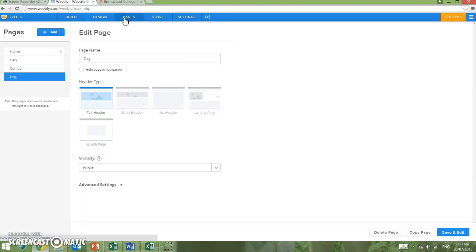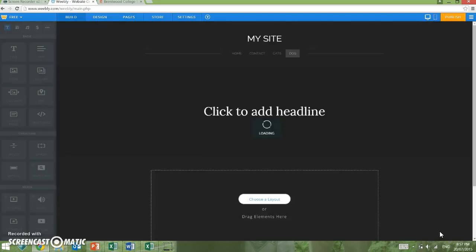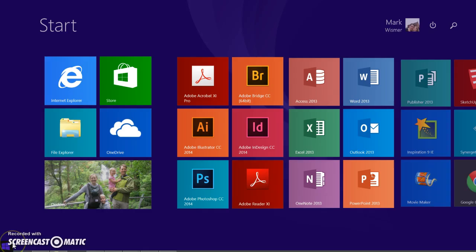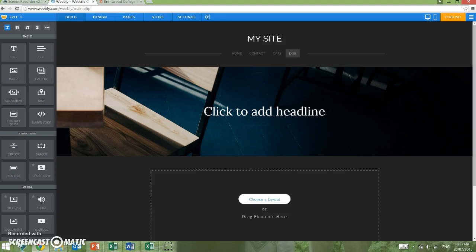Again, within this, I can continue to change it. I can make it so that the buttons go to different places. I can save and go back. And you can see that the buttons have changed. All of these things are fairly basic. Now, sorry about that. Now, if I want to change the pages themselves,